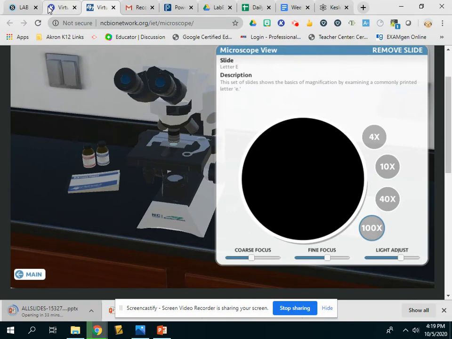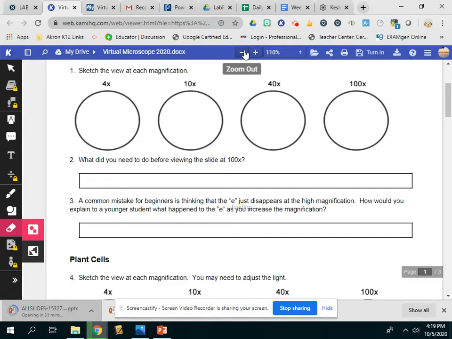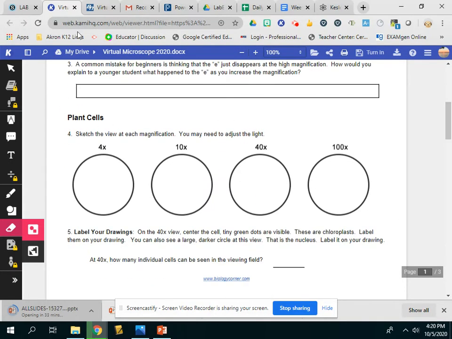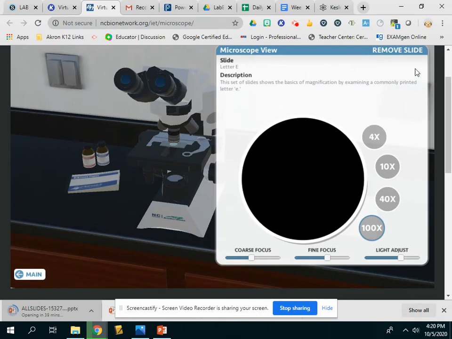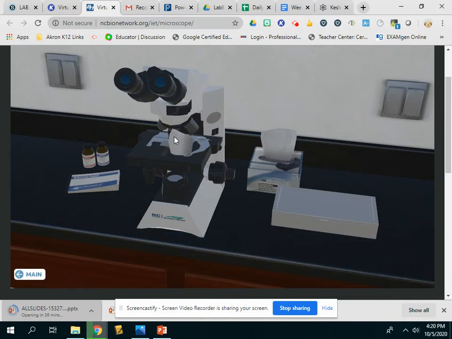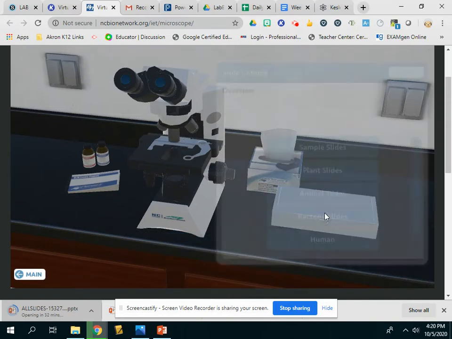So you're going to finish drawing that in your 100x, and we'll go out a little bit here, and then you're going to answer some questions about what you had to do, and then you'll move on to plant cells. So we'll go back in, we remove the slide, we have to clean with lens paper, which is right here. It's going to wipe off the oil, put the slide away, and we're going to go in here and get